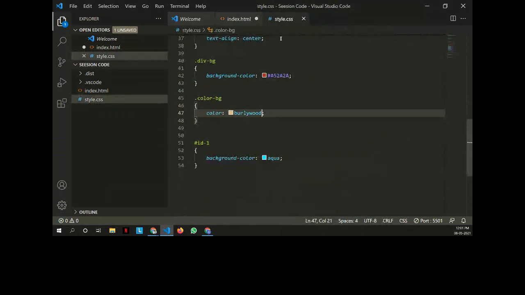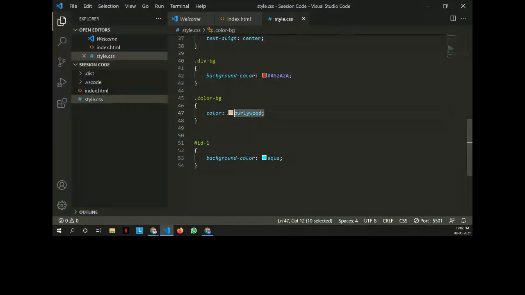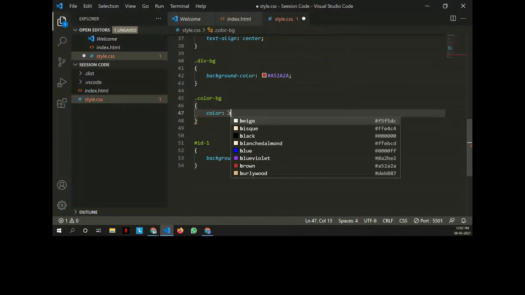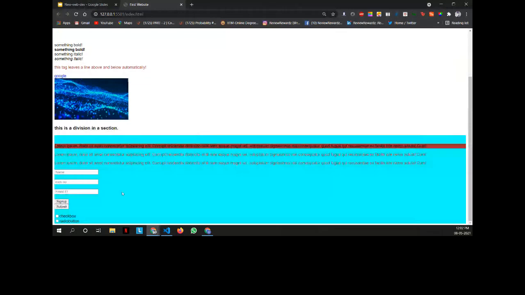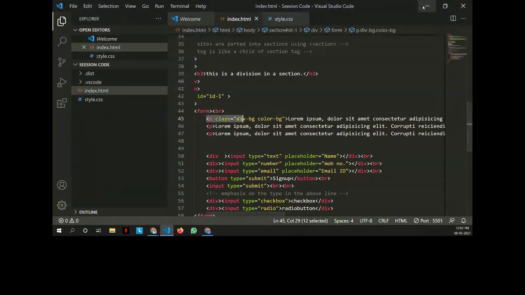So now if I save this and we get onto our website here, as you all can see, I've got the two colors here. Let me just take some color which is visible on brown. Yeah. So guys, as you all can see, we added two different CSS classes to this P tag. Both classes have been applied, the background color being brown and the text color being black. So that is how we add multiple classes.